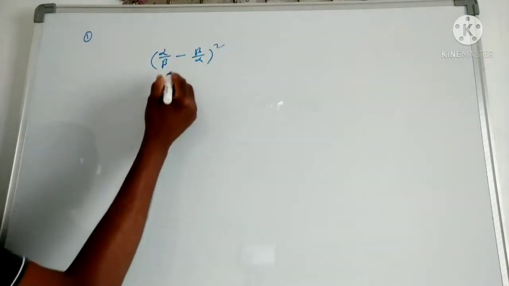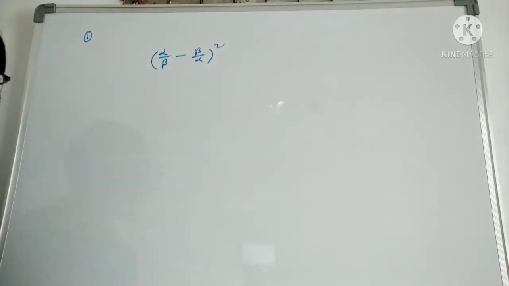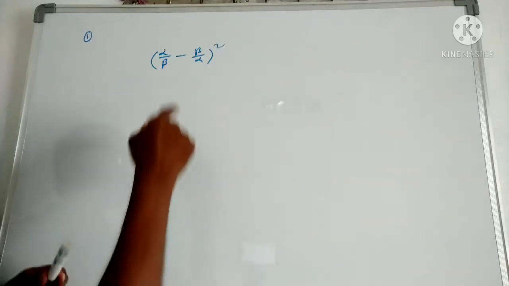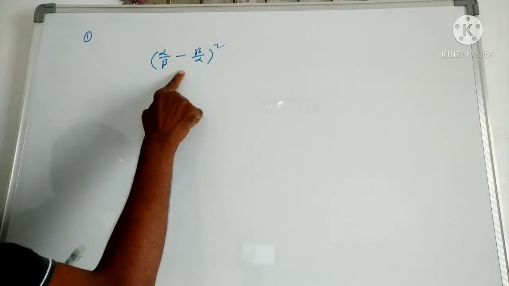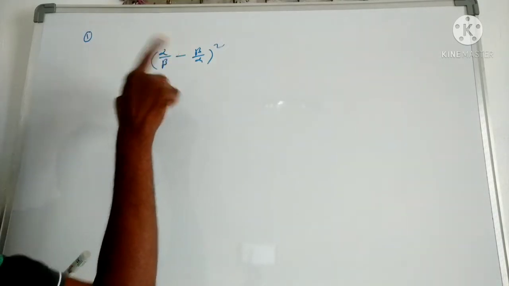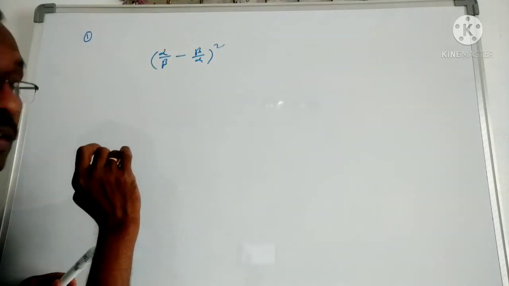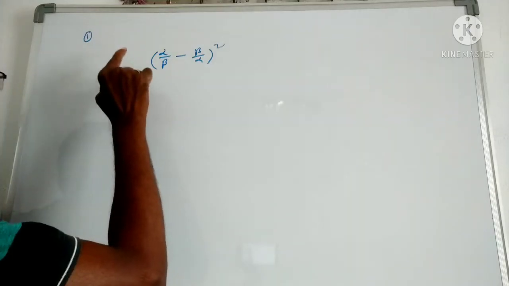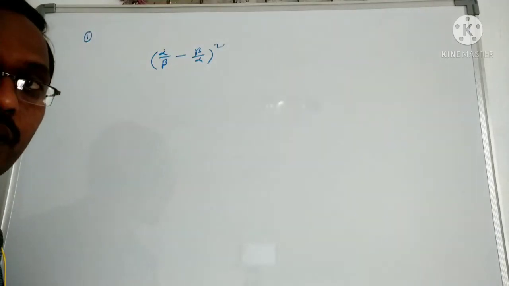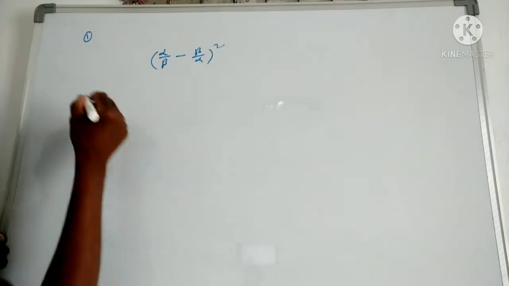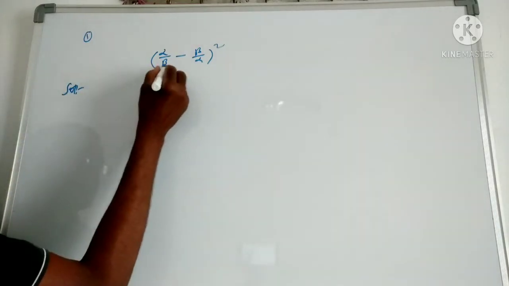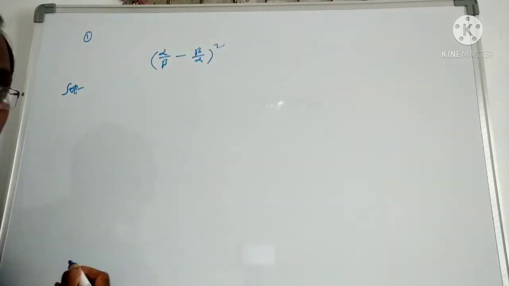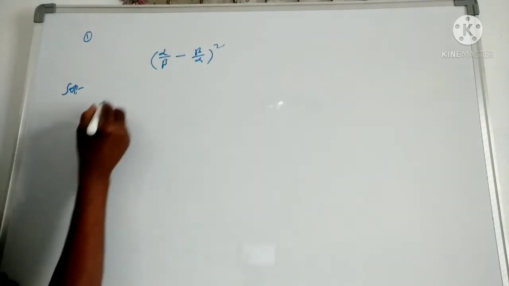Now, whenever we have to find any expression value, we have to convert it into the sum and product relation. Why? Because in the question it is given that alpha, beta are the roots of the quadratic equation. So whenever we know the roots, we can write the sum and product relation. So, the answer to this question: if we convert this into the sum and product relation, what do we get?